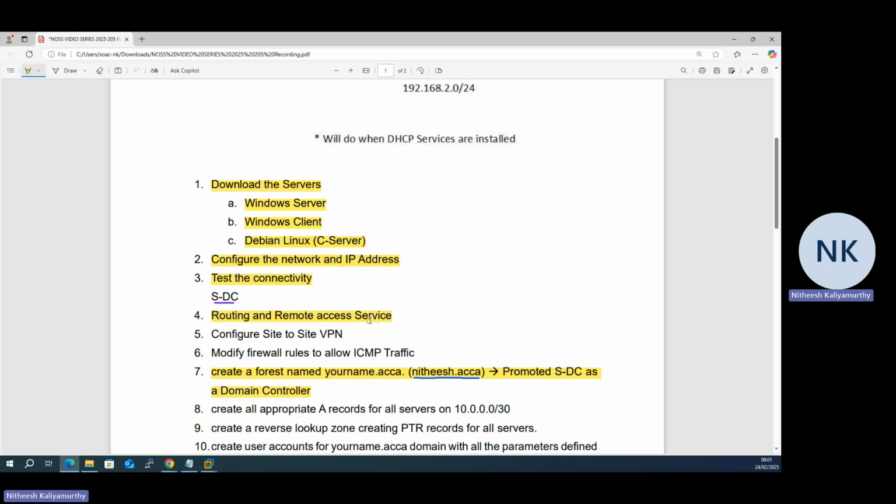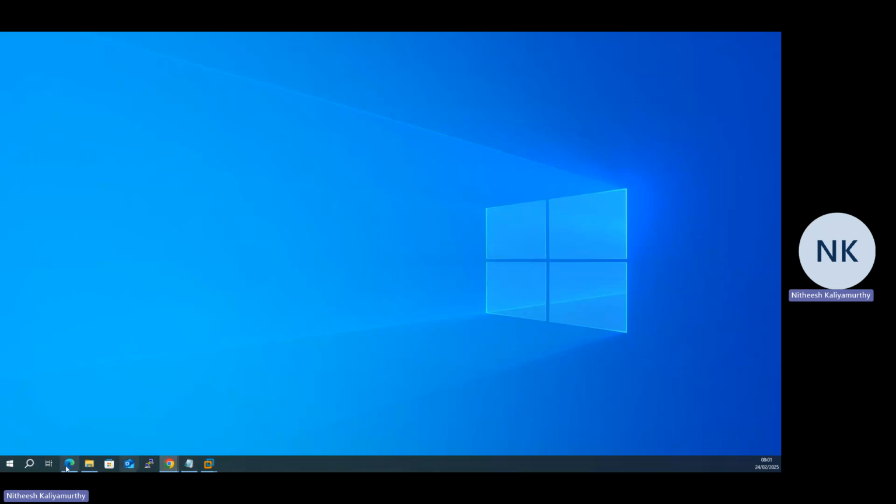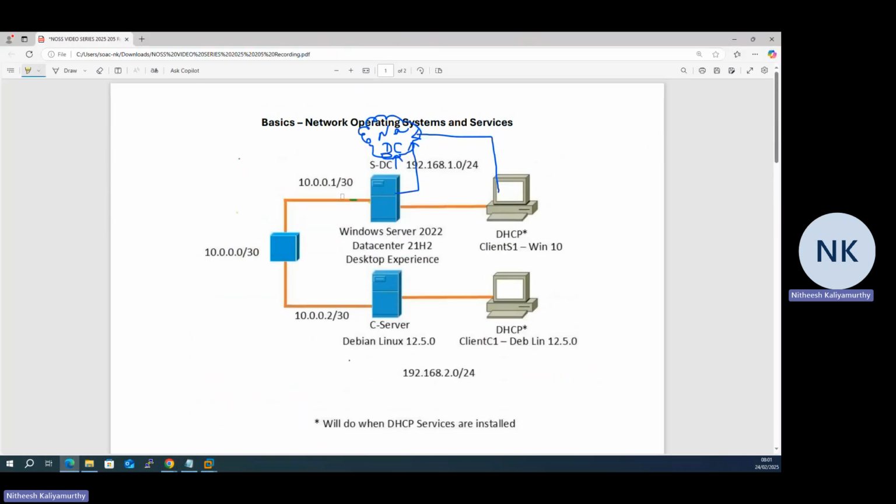Typically what routing and remote access services are going to do here is, I have my server, and as I said earlier, there is no routing service enabled on my server, which means the packets from the 192.168.1.0 network can't go and talk to the 10.0 network or the 192.168.2.0 network, because routing is not enabled. Routing is a layer 3 service